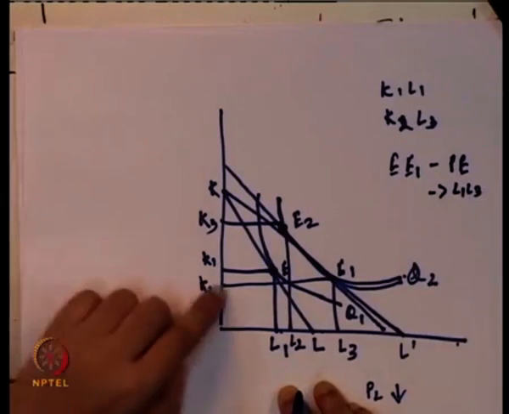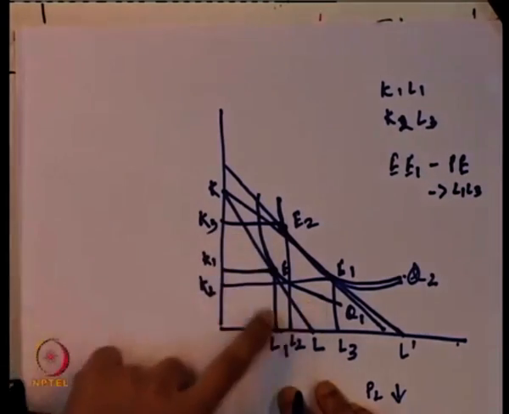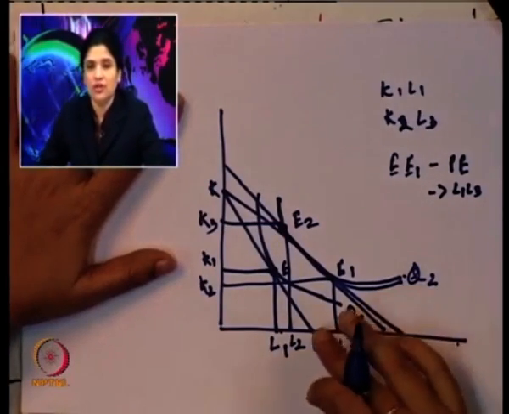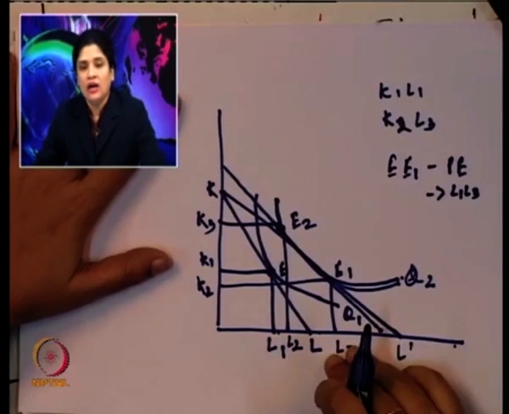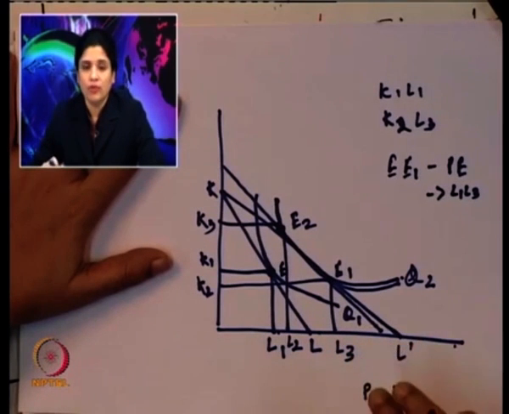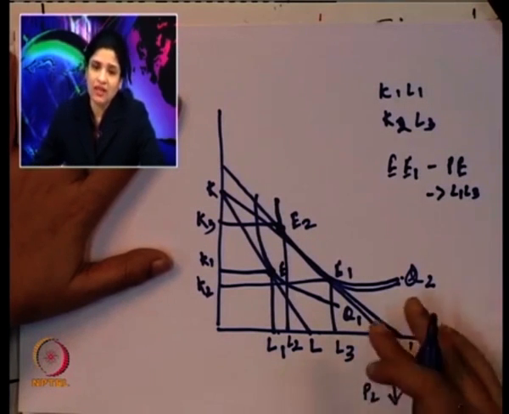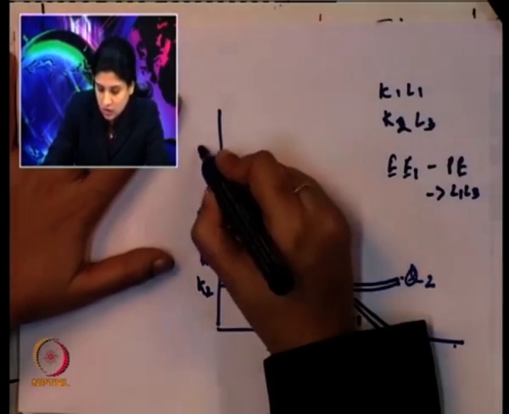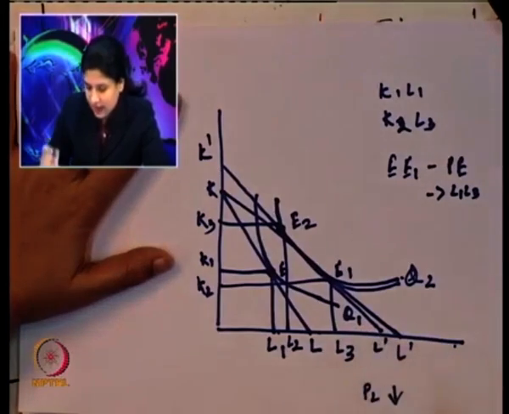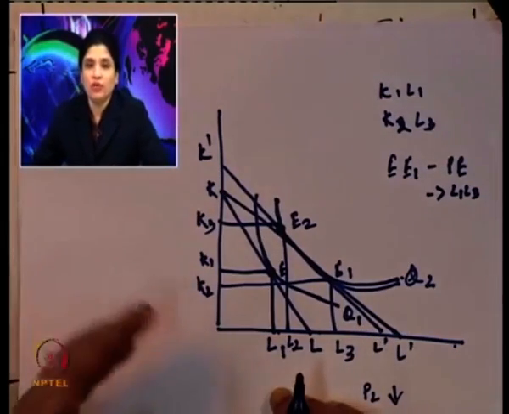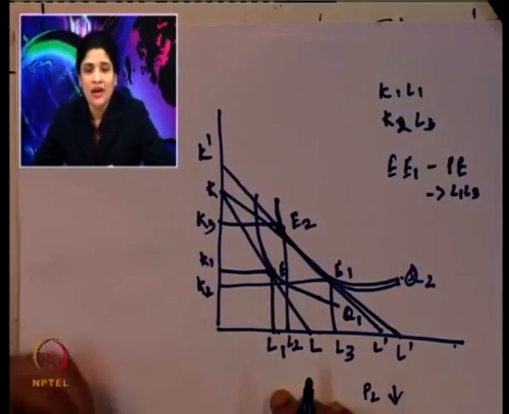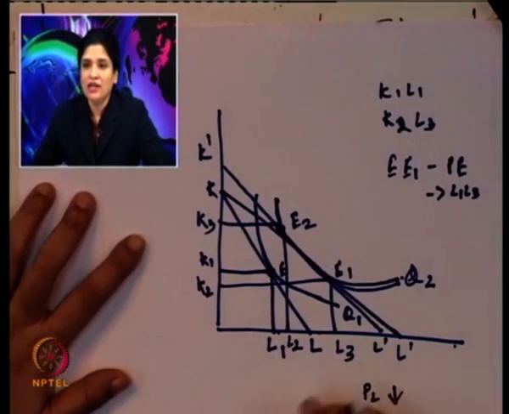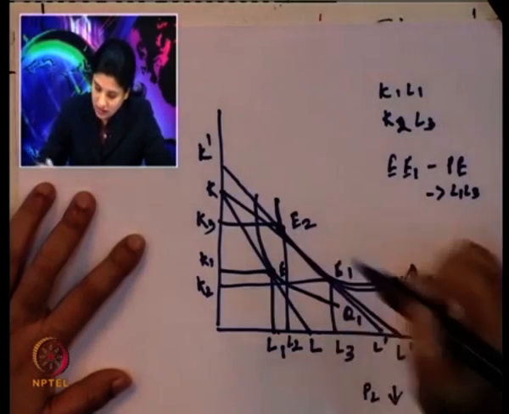L3. The movement from E1 to E2 is the budget effect, because the producer is trying to keep the real income level of the producer at the same level. That is the reason we got a compensated budget line, which is maybe K dash and L dash, which reduces the real income of the producer in terms of the change in the input prices, and that leads to a different combination, that is E2.